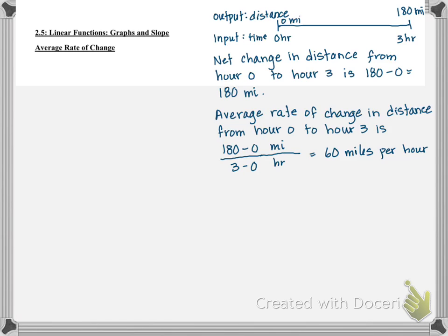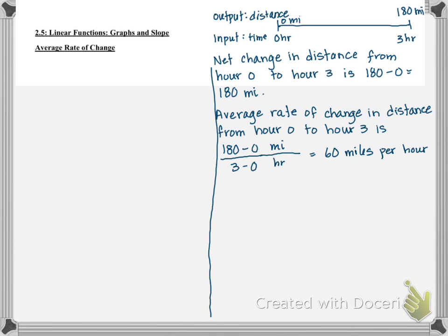And we call this average rate of change because likely over those 3 hours you weren't driving exactly 60 miles an hour the entire way, right? You probably went a little bit faster sometimes and a little bit slower, but if you average it all out, you get 60. So that's why we call it average rate of change. It's not like at any one moment along your journey, it's just the average of your speed over that 3 hours. So in general,